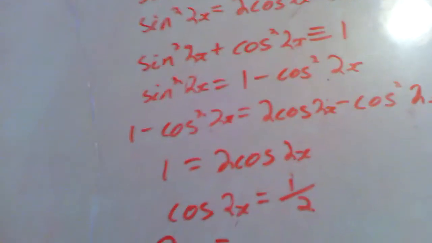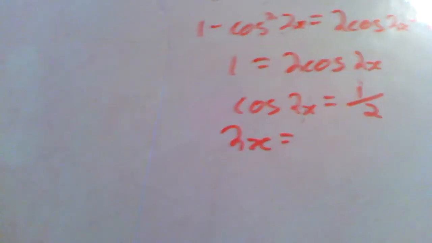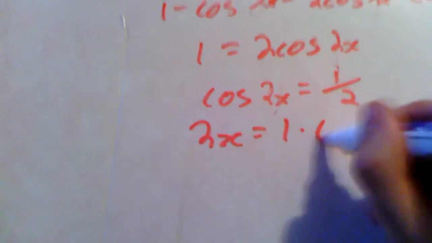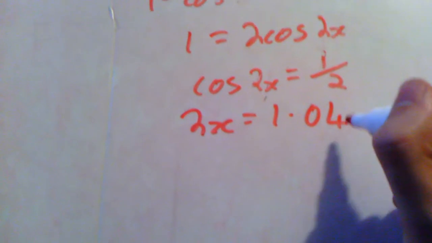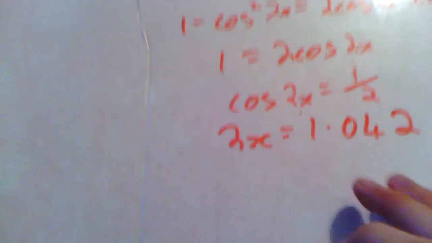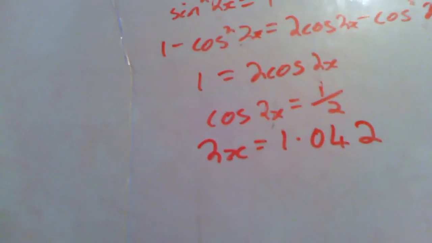Now, shift cos of 0.5, I can tell you that equals 1.042, let's say. Now, something's got to be stressed here. You could divide by 2 now. That would be nice. That would give you one answer. Unfortunately, that's not the right answer, because